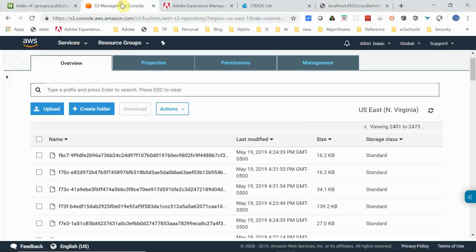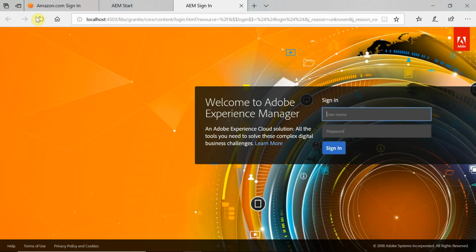Now let me go to the console once again. Yeah, even though the publisher is starting, the count is not changing much. That's what I already mentioned. Both are going to share the same data store, so the data will not be duplicated, data will not be loaded. So that is looking fine. Now let's see what is happening. Okay, the publisher also started now. Let me log in.